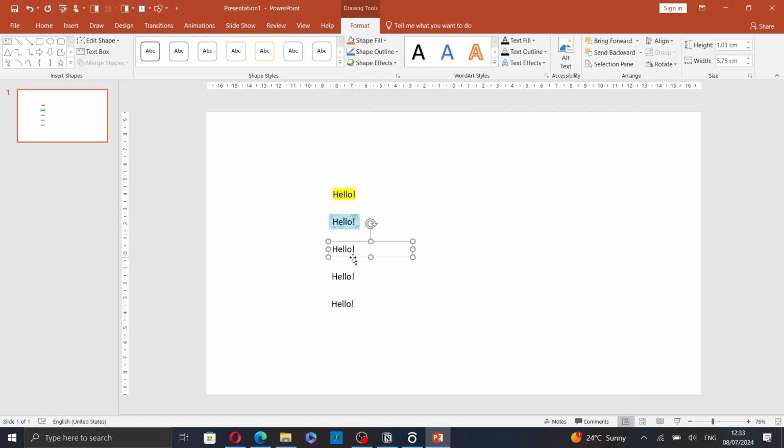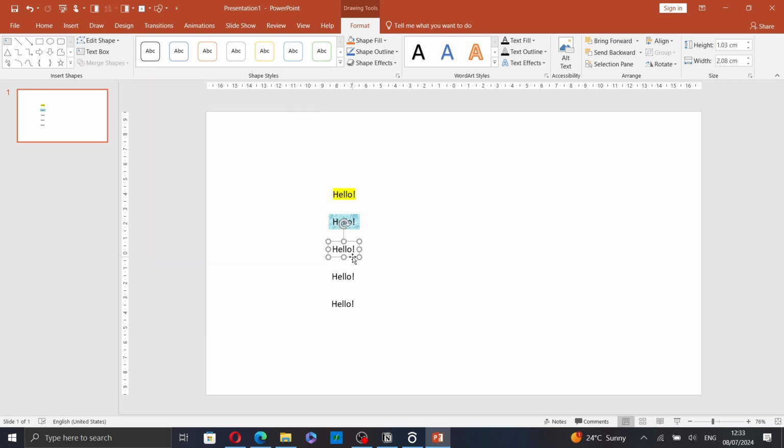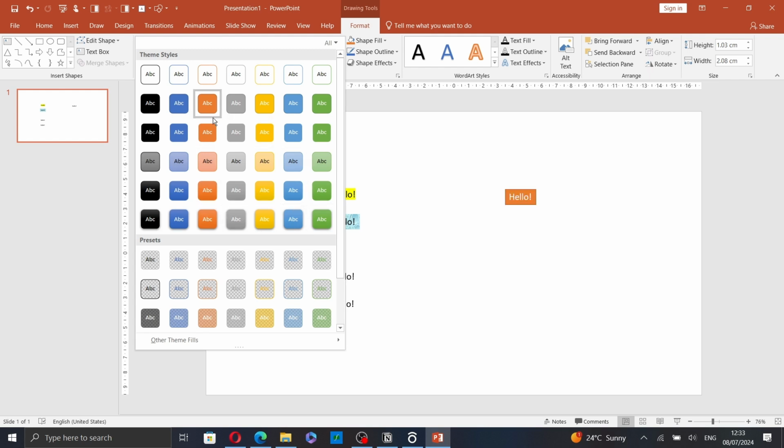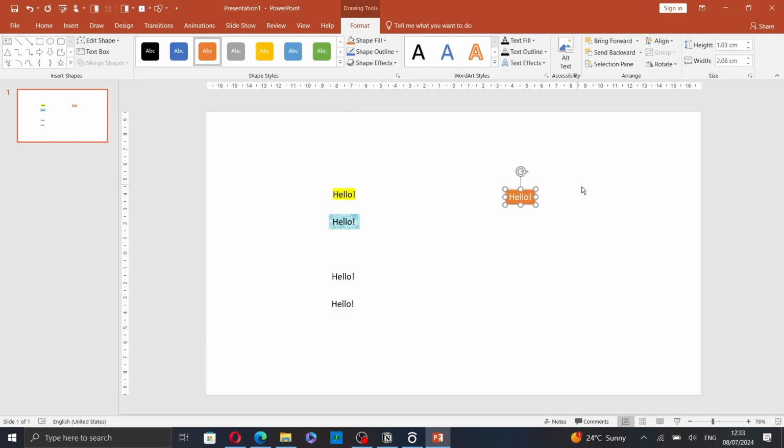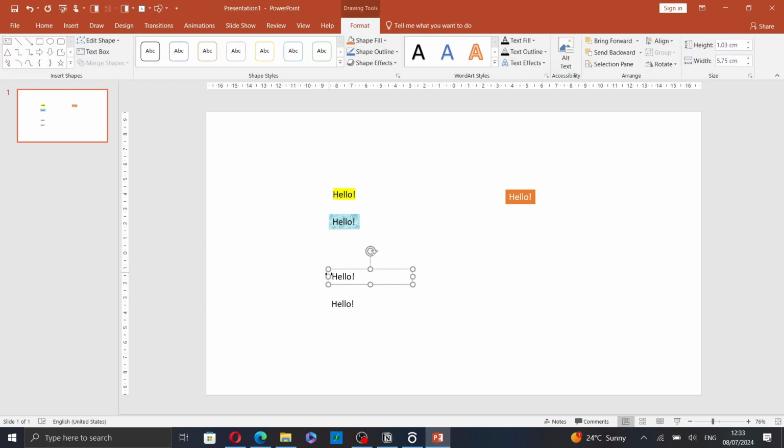The third way is to click on the text box again and resize it. And here you can select, let me drag this text box here. And in the shape styles, you can select one of the styles. This one, for example. The fourth option is to select the text box and go to Format under the Drawing